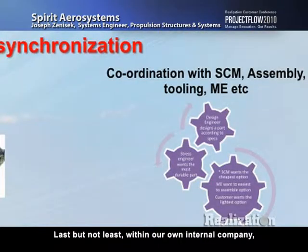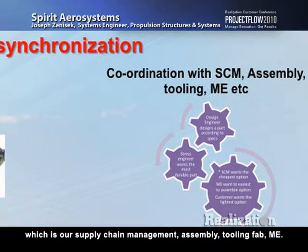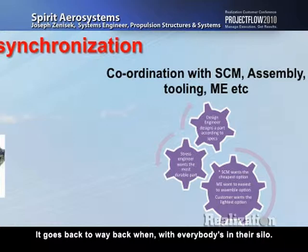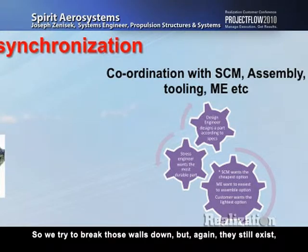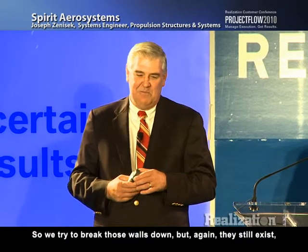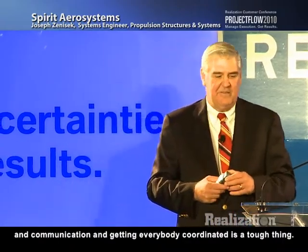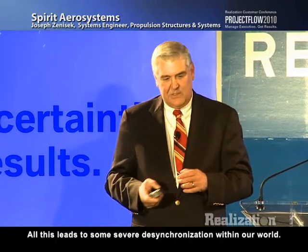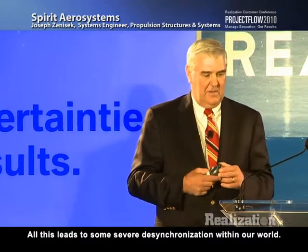Last but not least, within our own internal company, we have our integrated product teams, which is our supply chain management, assembly, tooling, fab, ME. And it goes back to way back when, if everybody's in their silo, design engineers or engineers develop a nice part, throw it over the wall, but unfortunately it can't be built. So we try to break those walls down, but again, they still exist, and communication and getting everybody coordinated is a tough thing. So all this leads to some pretty severe